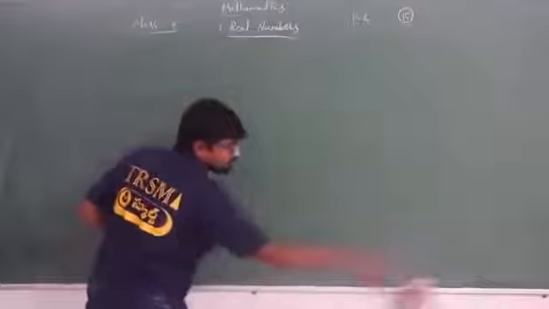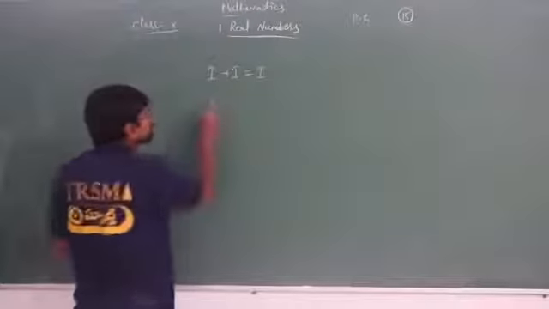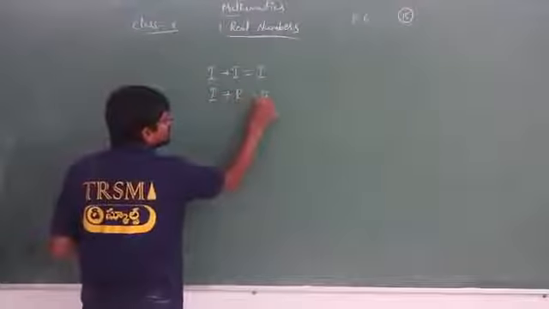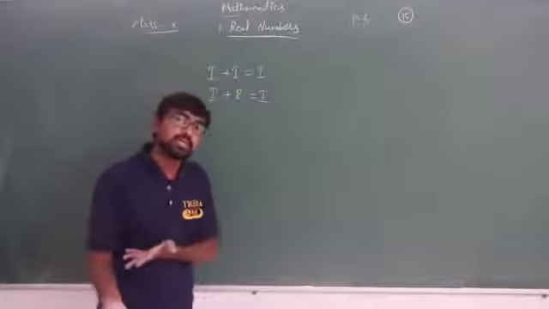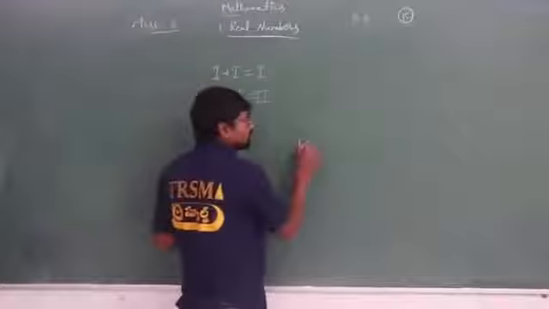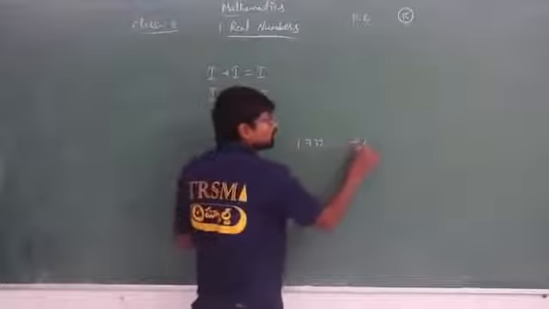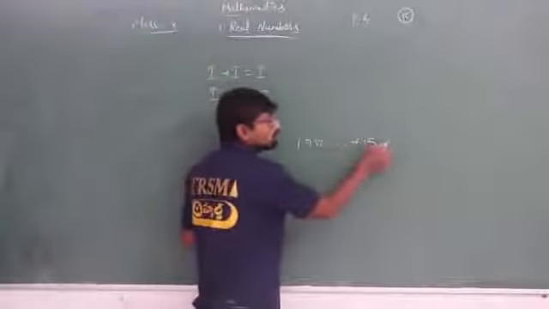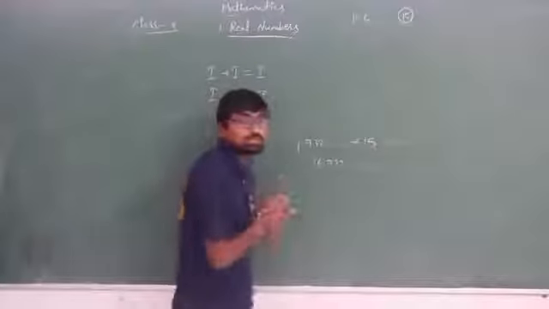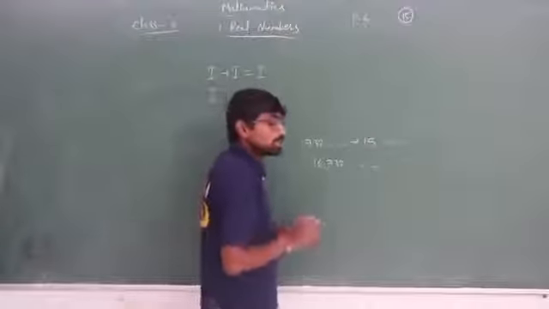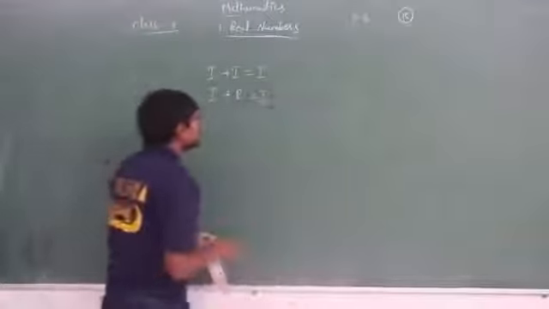Addition and subtraction of irrational numbers. Irrational plus irrational will always be irrational only. Irrational plus rational is always irrational only. Why? If I add any number to an irrational number, again I will be getting an irrational number only. Example: 1.732 dot dot dot, this is the value of root 3, plus 15 if I add, isn't it? 15.000 you will be writing. 15 plus 1, 16, you will be getting 16.732 dot dot dot, isn't it? Am I right or wrong? So if you add any number to an irrational number, then the answer will be irrational only.